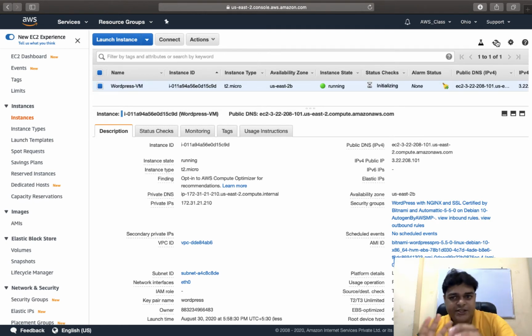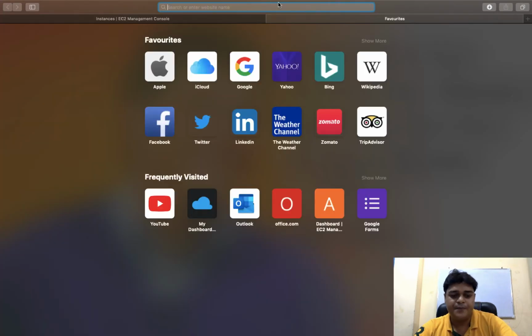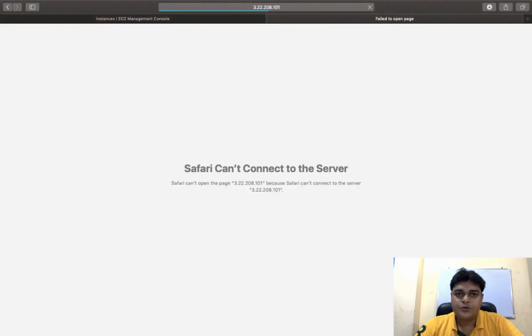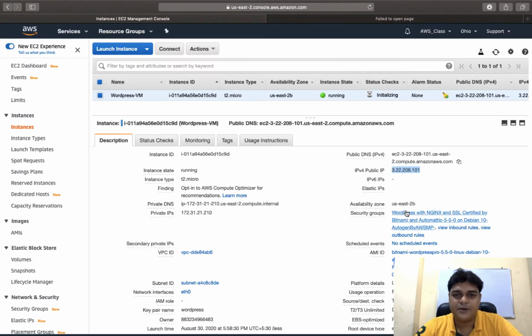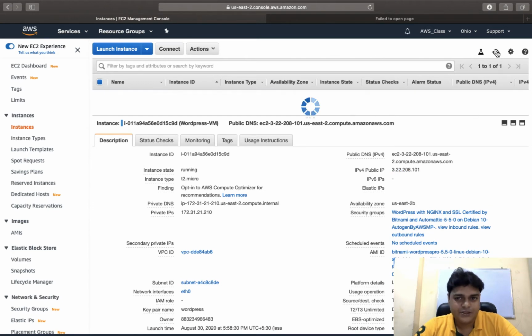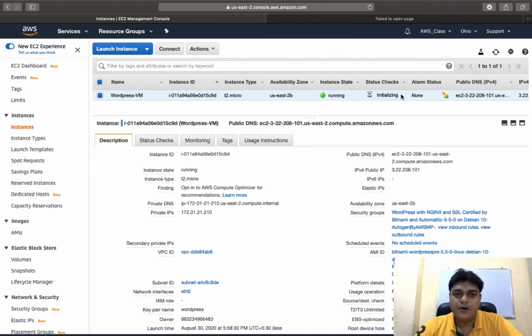Once our virtual machine is ready to use, we will access it with the help of the public IP address. We just need to copy the public IP address, open any browser and paste it there to check whether WordPress is working or not. Because it's initializing, we are unable to access any data using the public IP address. So we need to wait until our virtual machine is created successfully.